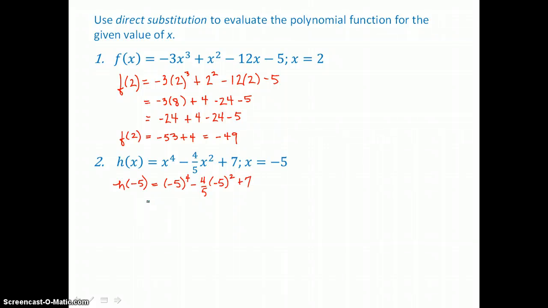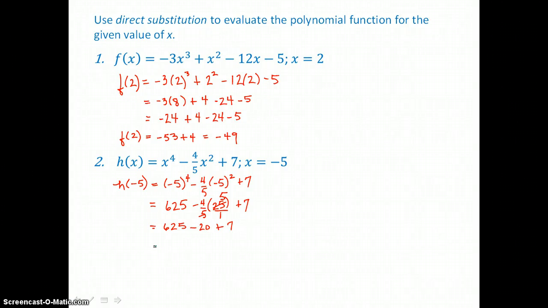And we'll simplify. Negative 5 to the 4th power is going to be 625. And negative 4/5 times negative 5 squared, that's 25. So we have 625. In this product, 5's will cancel, top and bottom. So we're left with negative 4 times 5, or negative 20,